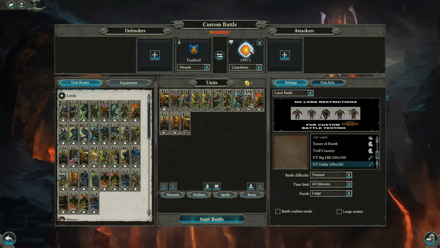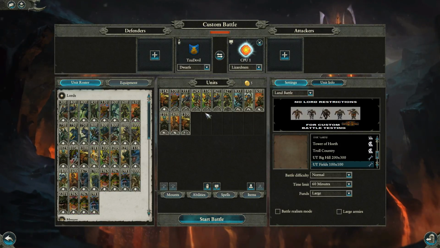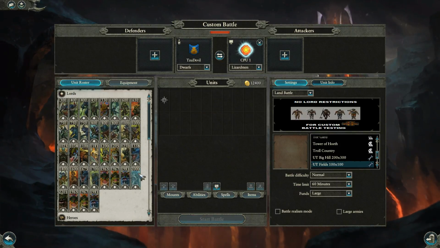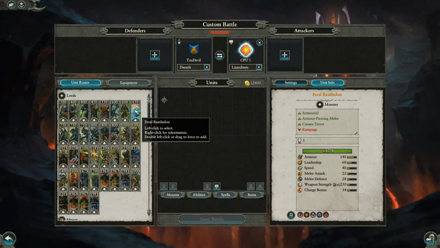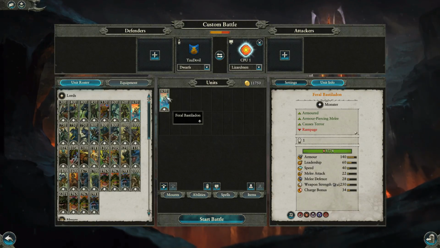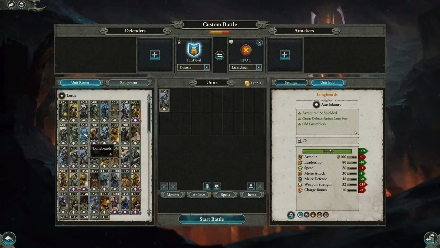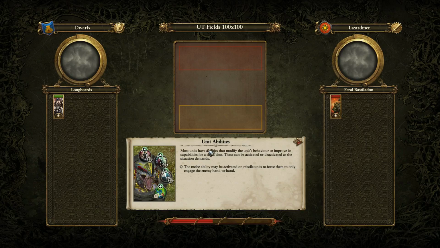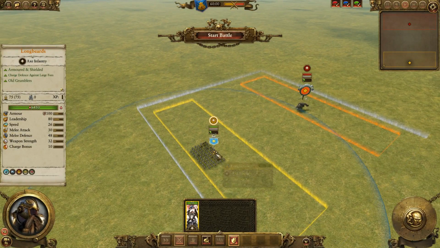So if we can take a look at the Lizardmen, I want to look at two more battles. And where is that? There we go. Feral Bastiladon, here's I think a really good example. They have 140 armor, 250 weapon strength. They're 650. We're going to grab our regular Longbeards so we can see how they do against that Feral Bastiladon at the same price point. Again, those single entities, that's where your Longbeards with great weapons are, I think, the best value. And they do actually get pretty good value, all things considered. So I think Grimgor, he's worth...